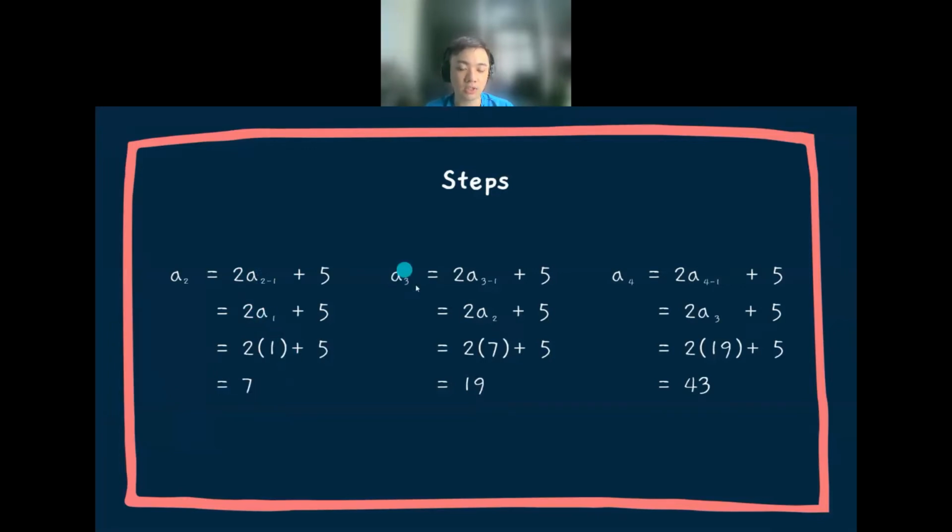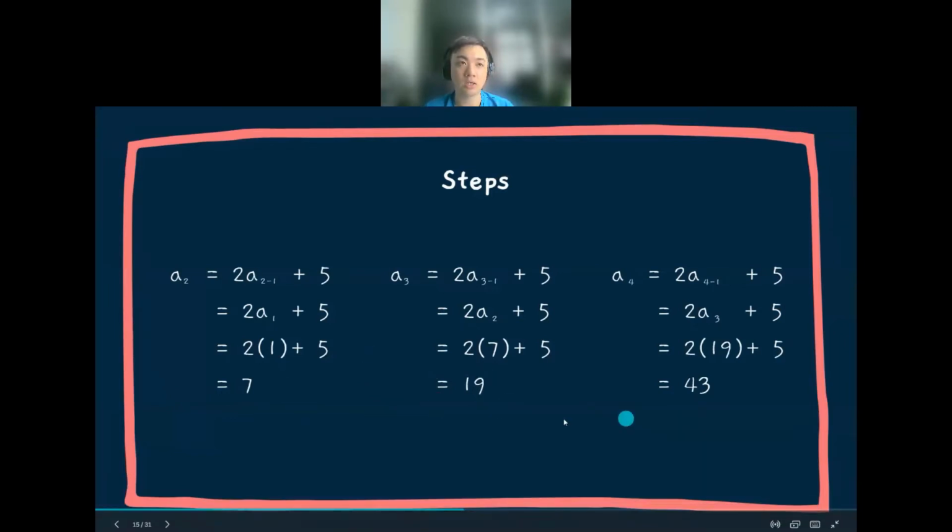Then a3 is the same thing: substitute the previous term, which is a2. So 2 multiplied by 7 plus 5, because we got 7 from here, totals 19. a4 equals 2 multiplied by a3 plus 5, which means 2 multiplied by 19 plus 5 equals 43. So for this